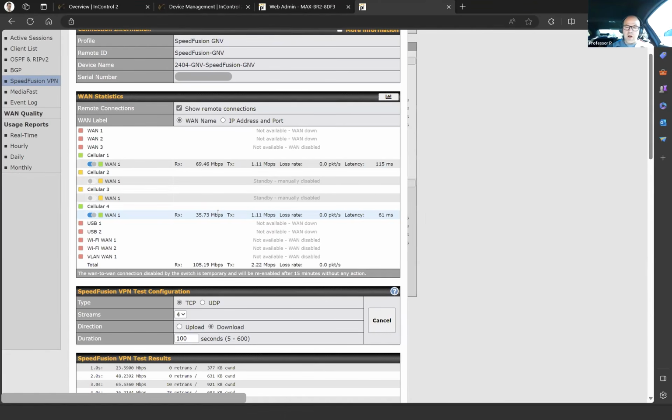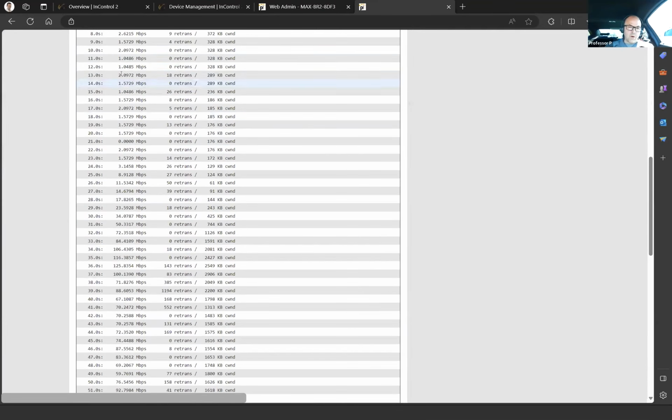Other factors are high latency and high packet loss. So I was able to fix this with just throughput, but you also want to pay attention to the latency and the packet loss. If you have high packet loss where the router can't overcome that packet loss with the multiple internet connections or FEC or WAN smoothing, turn the high packet loss ones off and see if that boosts your performance. And so it's an amazing tool that allows you to, and you can see here 1 meg, 2